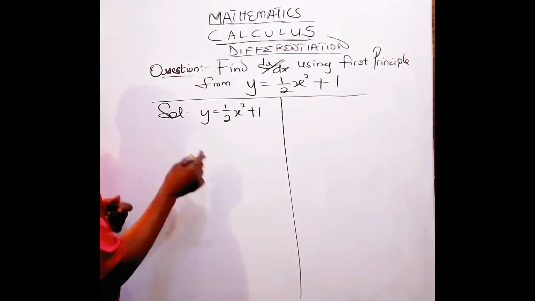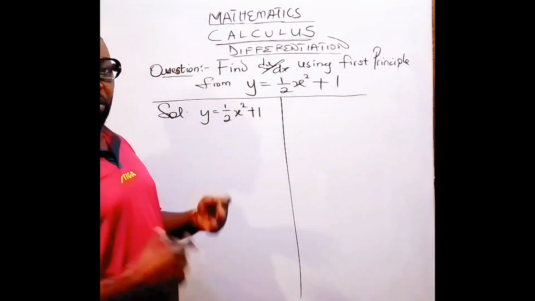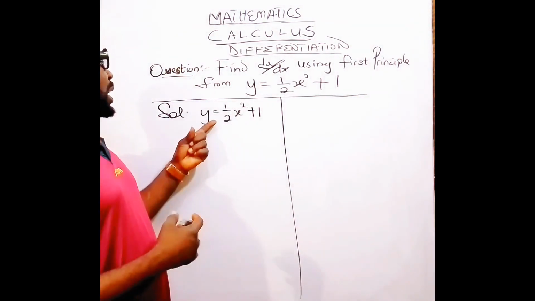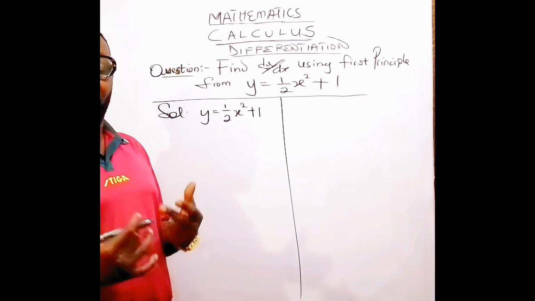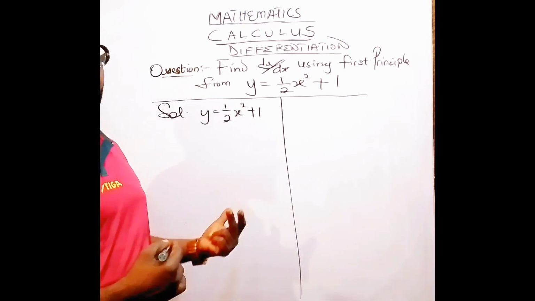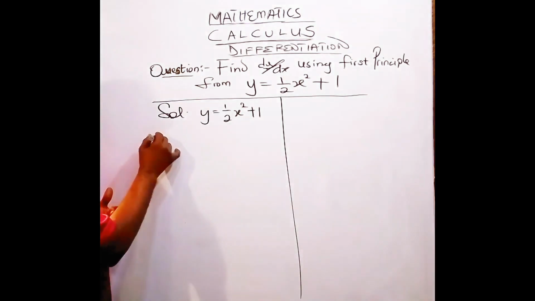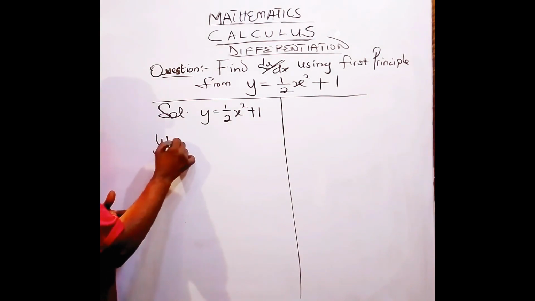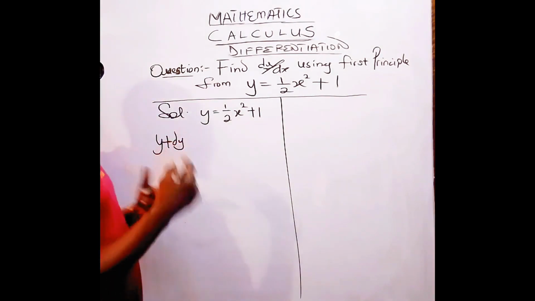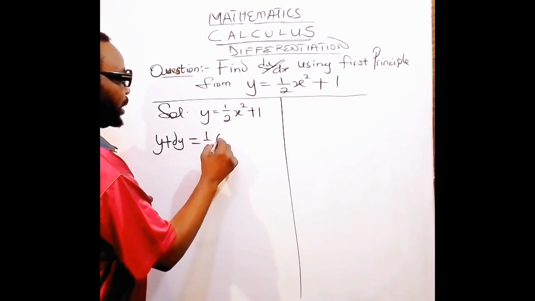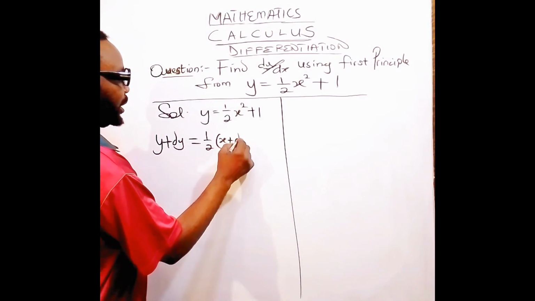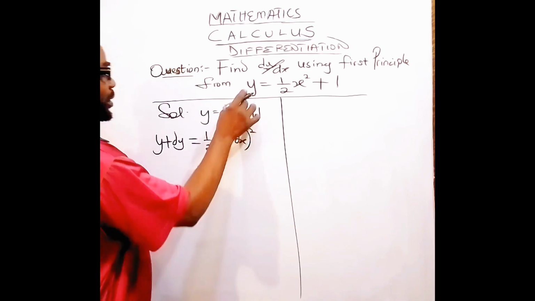So, I can now look at what is going to be the next step to take, that I look at the increment in the y-axis compared to that of the increment in the x-axis. I'm going to apply the two right now. That is, I will say y plus change in y will be equal to 1 over 2 into bracket x plus change in x, squared, look at the square that is on it,